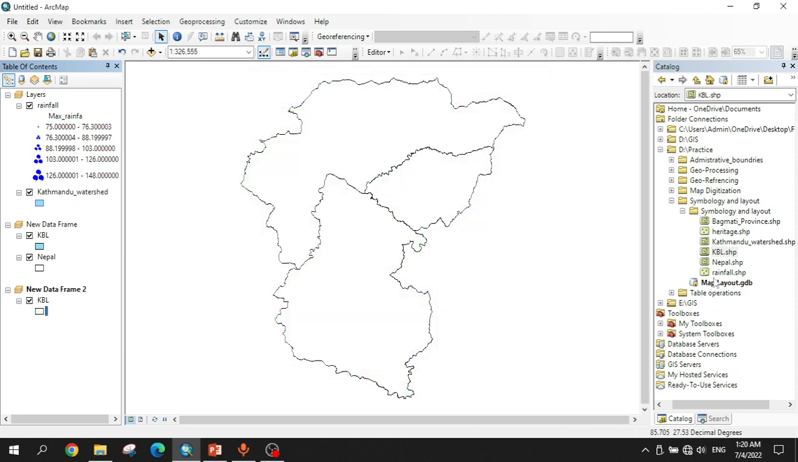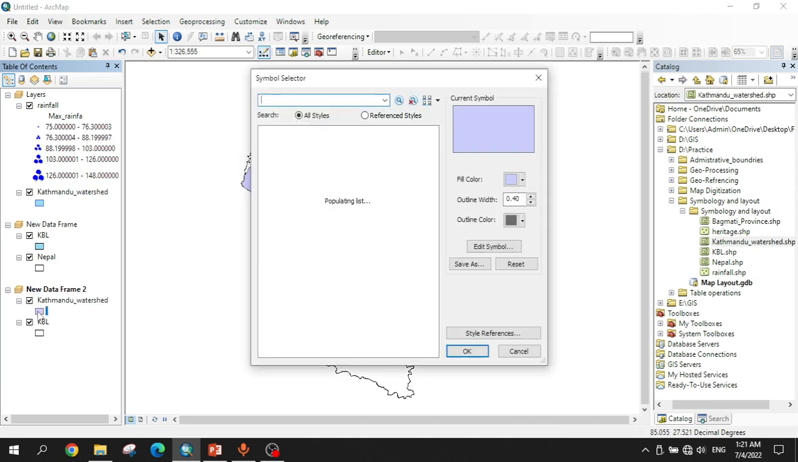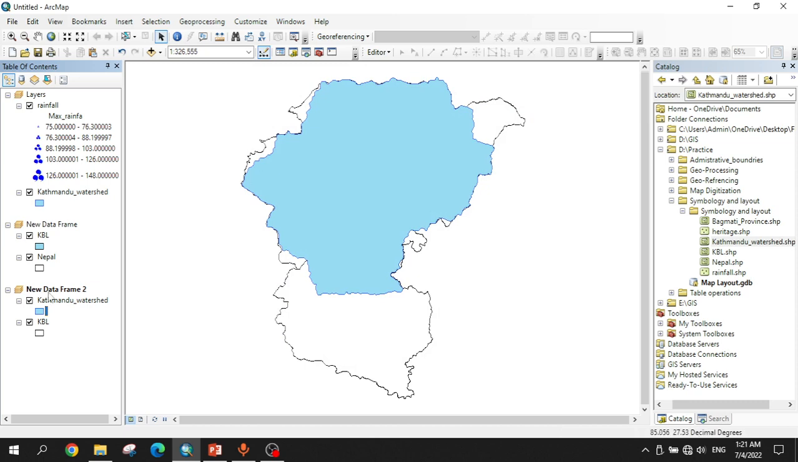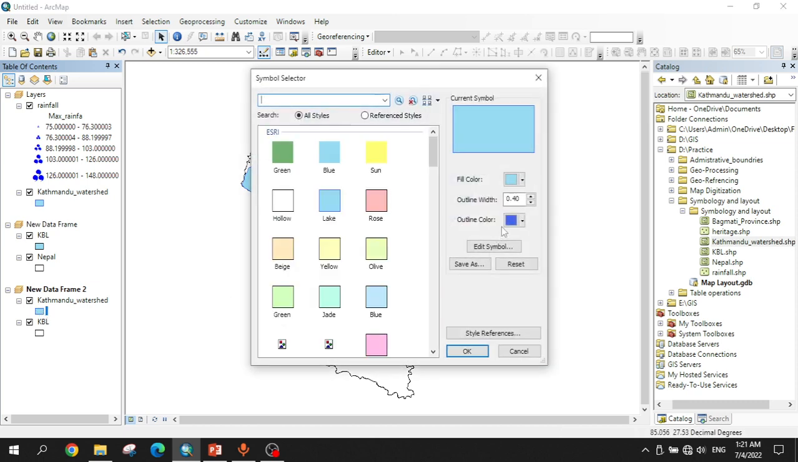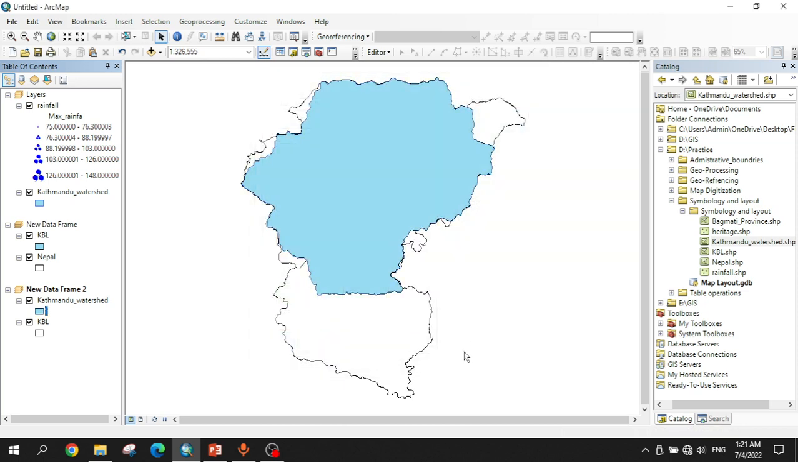Then you have to drag in the Kathmandu watershed shape file, then change the color to lake, then OK. Change the outline color to black, OK. Then after doing this,